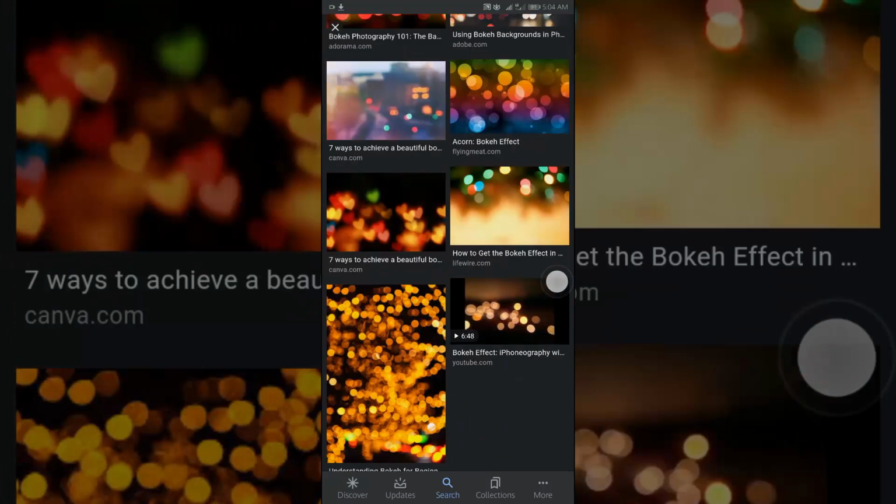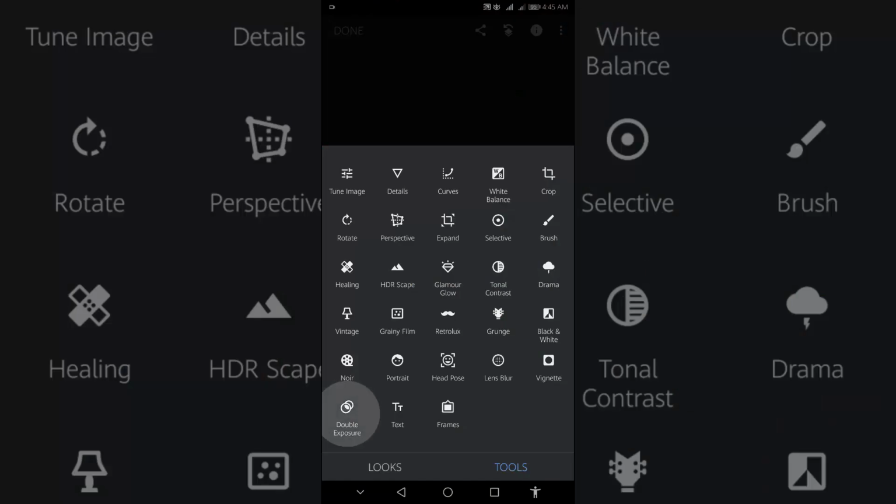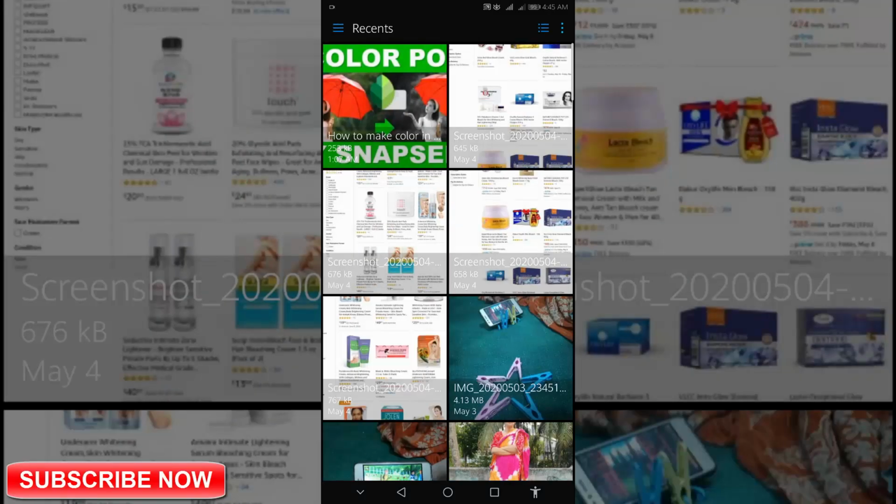Now, let's go back to Snapseed. Tap the tool section again. Select double exposure. From your phone storage, select the bokeh effect image which we have downloaded earlier.